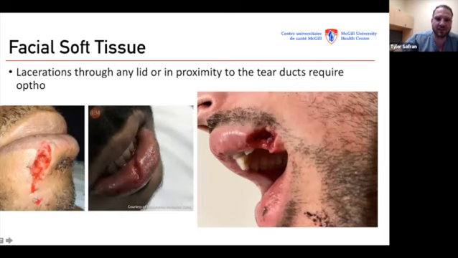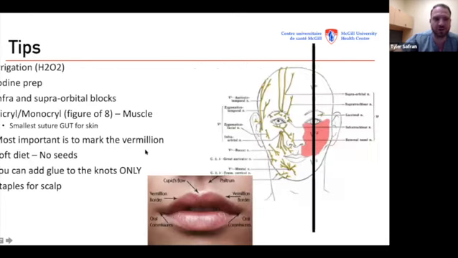When it comes to lacerations, make sure that if there's tear ducts or the lid, you get ophthalmology to come assess as well for face lacerations. So this is one I just saw recently in the emergency room. So for tips when you're doing your